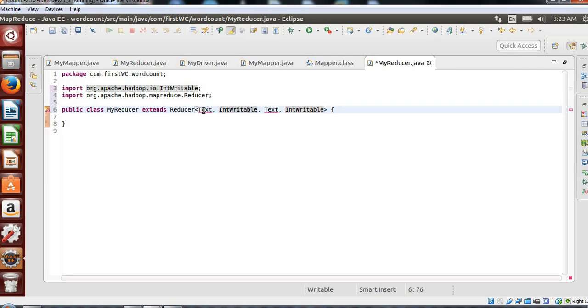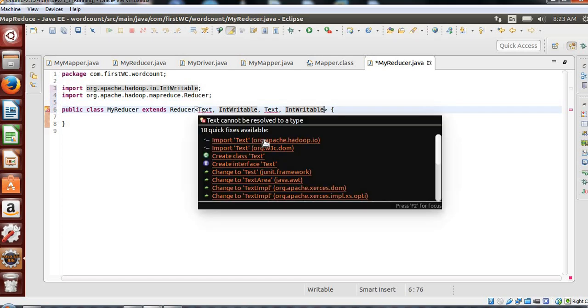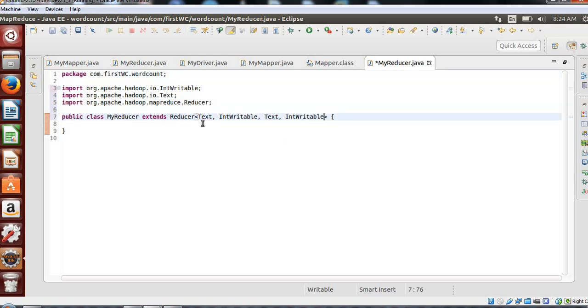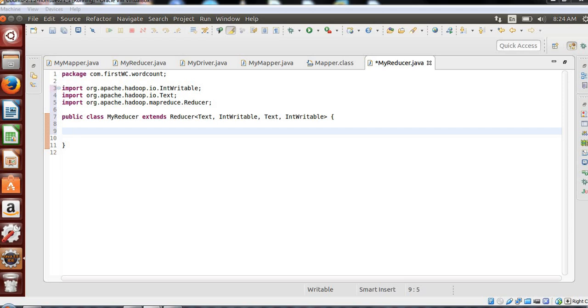Done. Now in the Text we need to implement that, so Apache Hadoop IO will take that. Accordingly, like how we implemented a map method in the mapper class, we need to implement a reduce method in the reducer class.